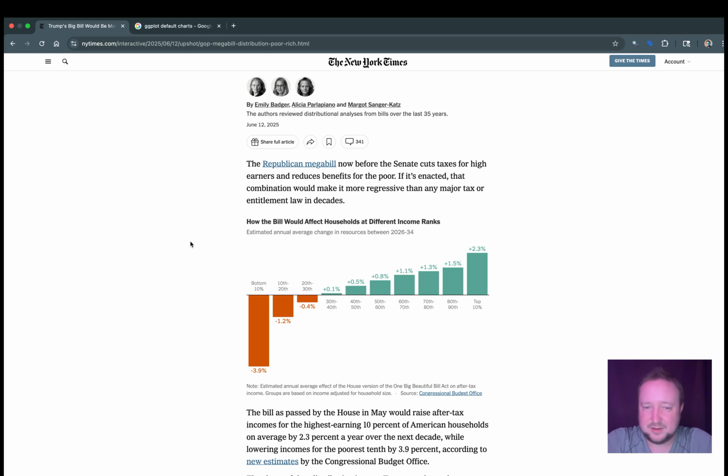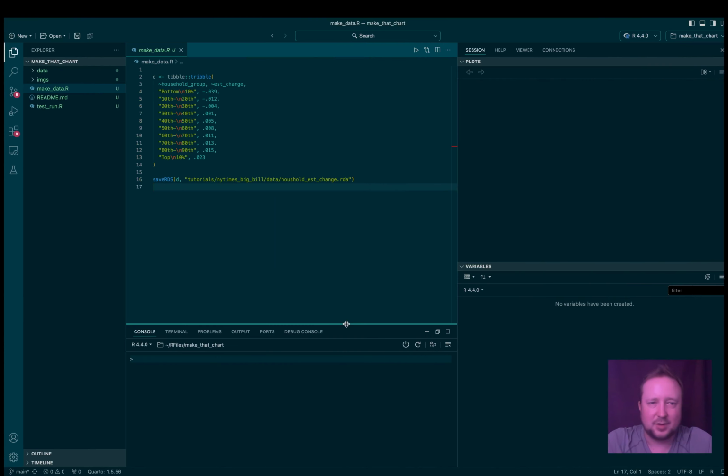We might not have the underlying data, but we don't need that to recreate the chart. We just need the grouped data as it's shown here. So this is a case where we can easily just create the data in R with a few lines of code. So I've gone ahead and done that already. Using the tibble package, I am creating a data frame right here